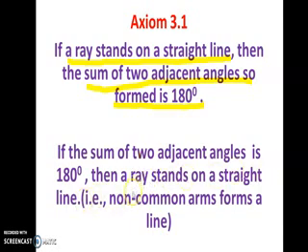This we call as axiom number 3.2. Yes, this is the converse of axiom 3.1. This is the new axiom. We get it from axiom 3.1, by conversing it, and in our textbook it was given as axiom 3.2. So these two axioms, axiom 3.1 and 3.2, together we call a linear pair